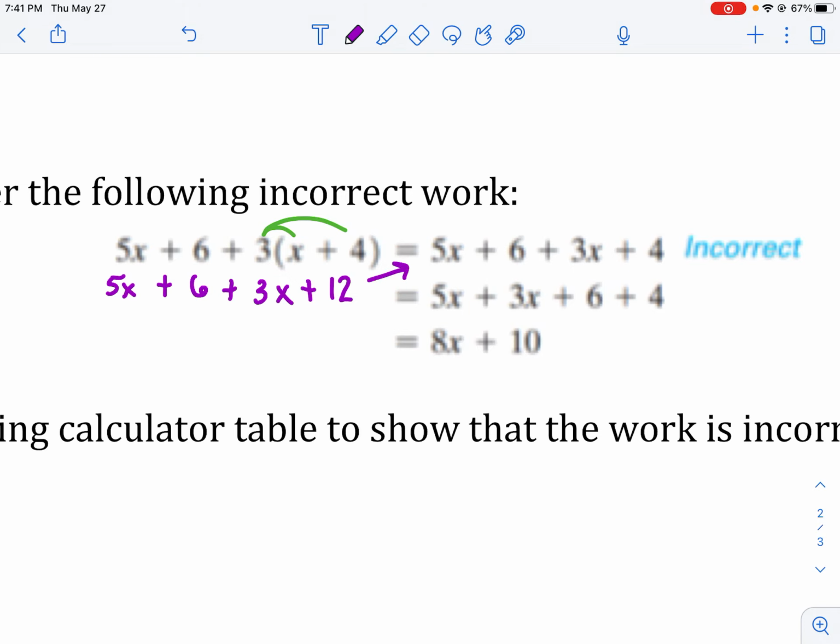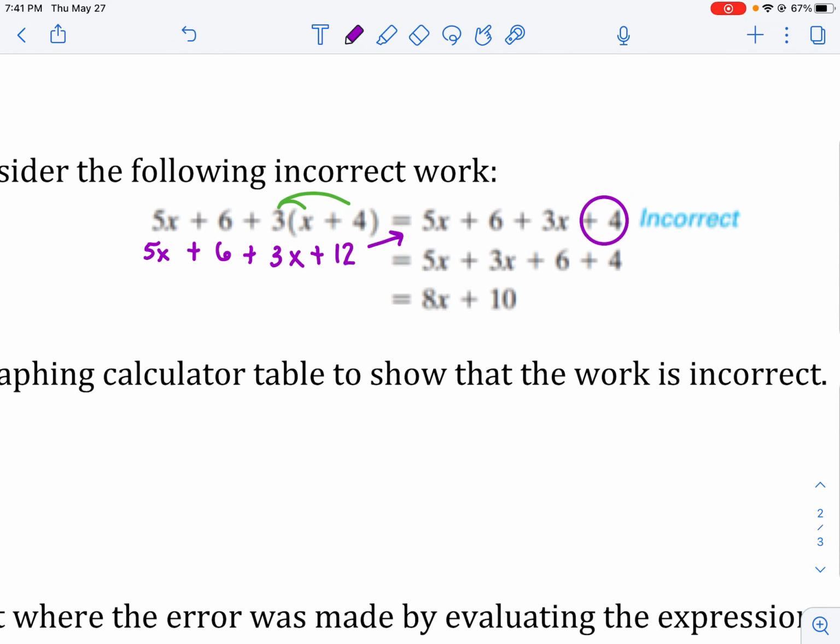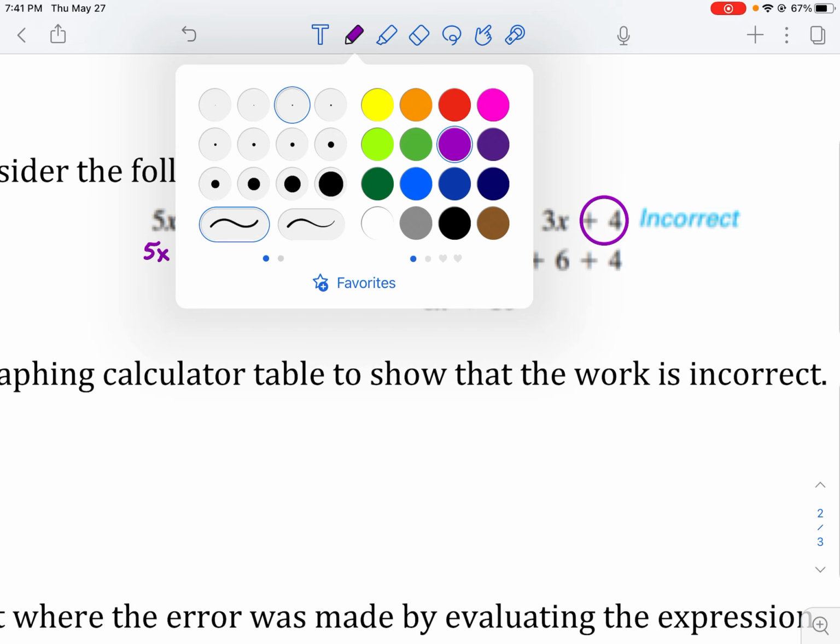So this line up here should be 5x plus 6 plus 3x. And they made an error. They forgot to distribute the 3 to the 4. So we are seeing that it's incorrect. They followed their error through, okay, because then they put their